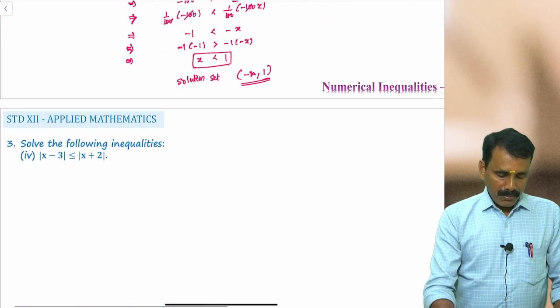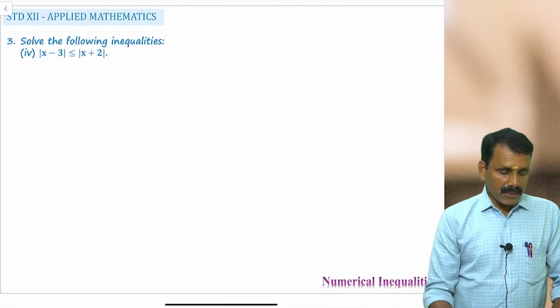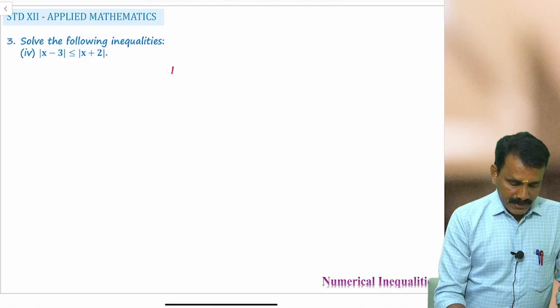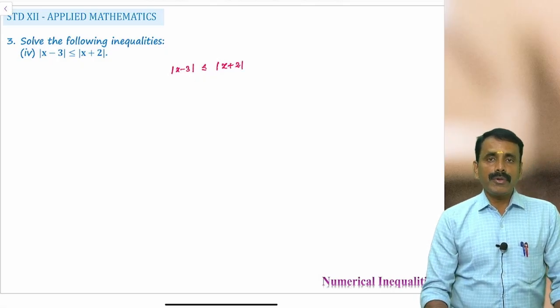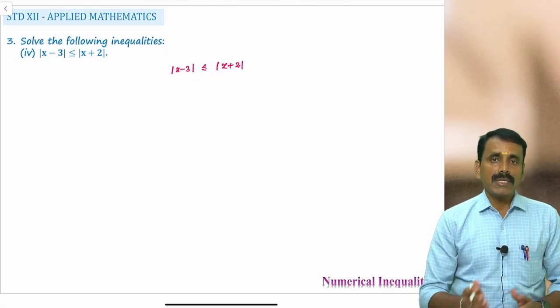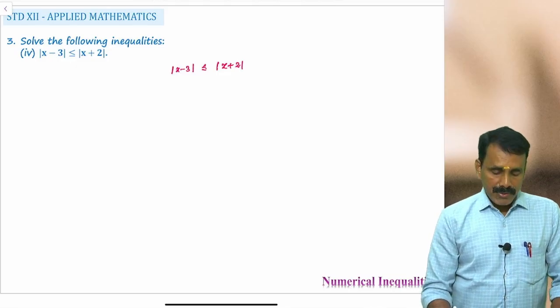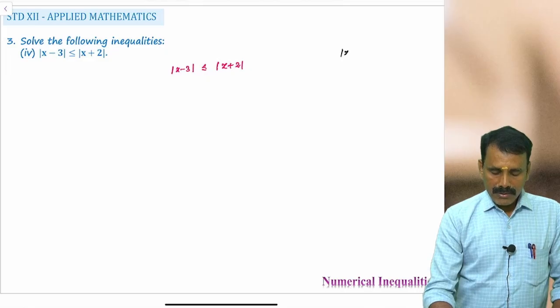We are going to see one more problem of the same type. Consider another problem, modulus of x minus 3 less than or equal to modulus of x plus 2. Now, tell me which property we are going to use, because we have modulus on both sides of the inequality. Yes, exactly. We are going to make use of the property modulus of x less than or equal to modulus of y